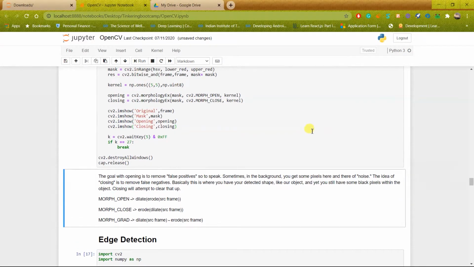So let's try something. Let's do this. Let's see what's the output in this case.